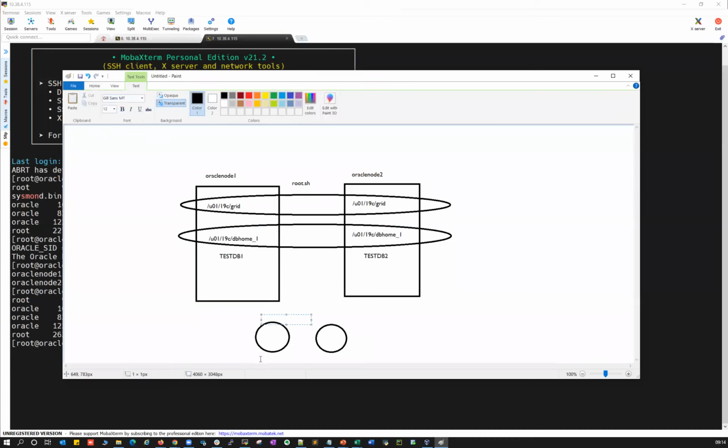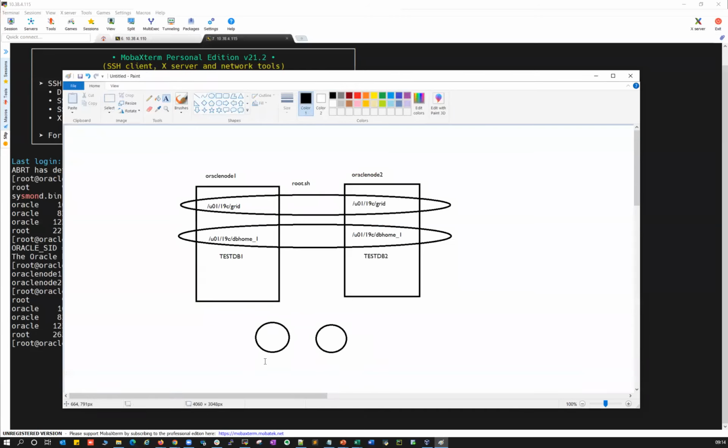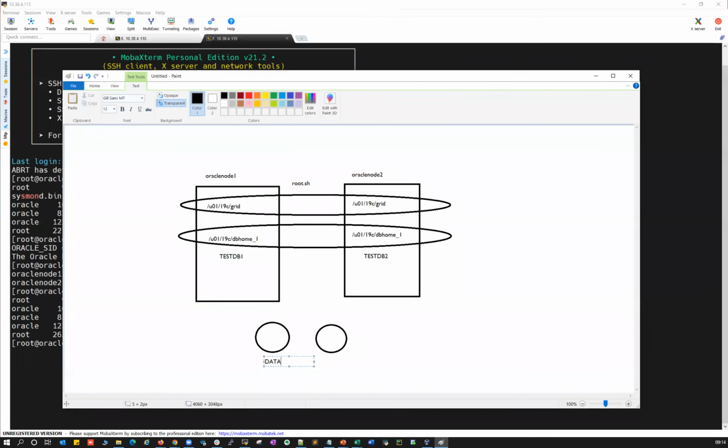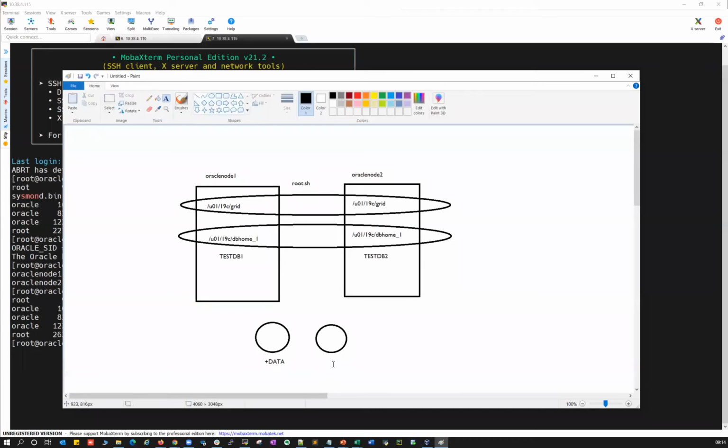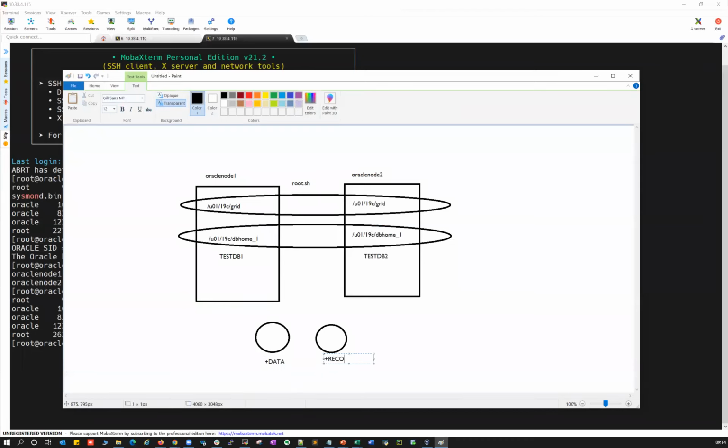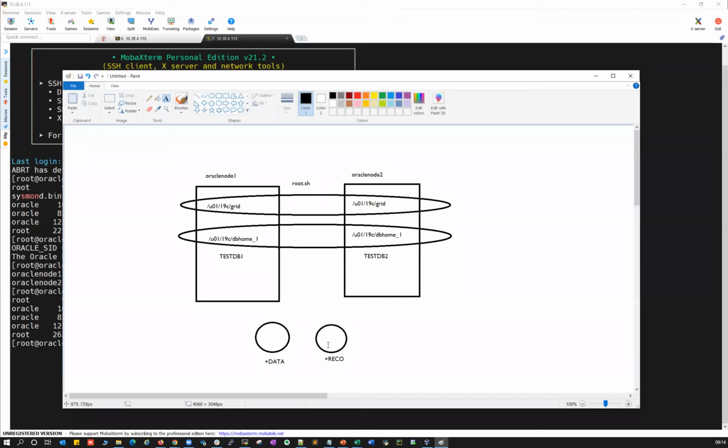This is my data disk group here, and ideally it will start with your +DATA, and then this is your +RECO disk group. Here you have your data files. Here you have your archive log files, redo log files and control files. Your instance 1 will be pointing to your data disk group, and then it will be pointing to your reco disk group. Similarly, your test 2 instance also points to your data disk group, and similarly it points to your reco disk group. Both your instances are accessing the same data files, redo log files, archive log files, and control files,